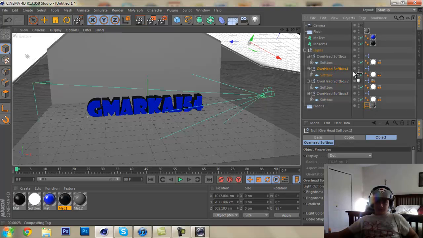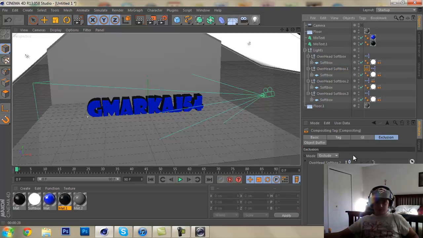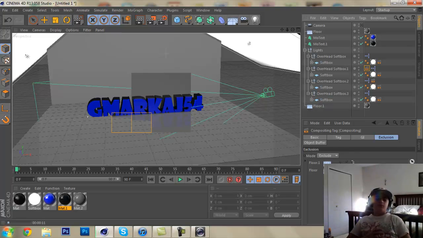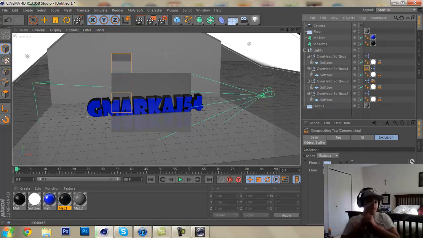Grab that composite tag on there. And drag that floor in and that floor in. Let's try it now. I'm not sure it'll work out, but